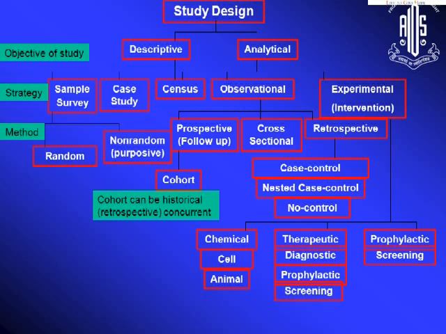In descriptive, the main studies are the sample survey, case study or the census. In analytical observation, there are prospective, cross-sectional and retrospective. In analytical observation, there are three studies which are very well known: case control, cohort and cross-sectional. And the experimental study, again, the RCTs,